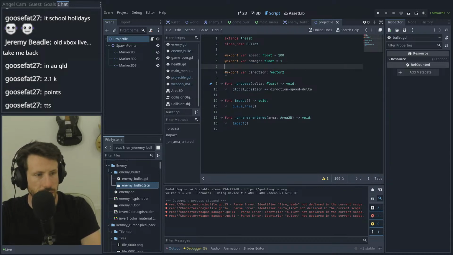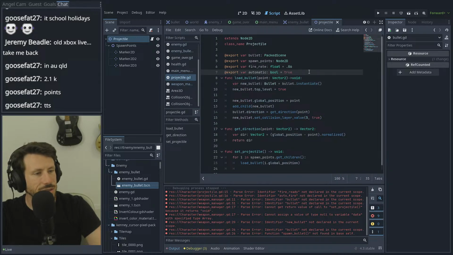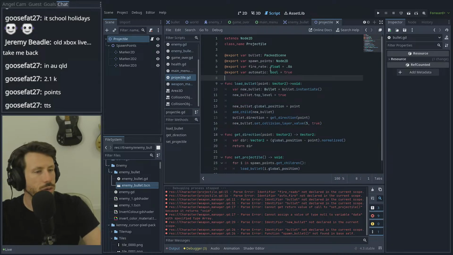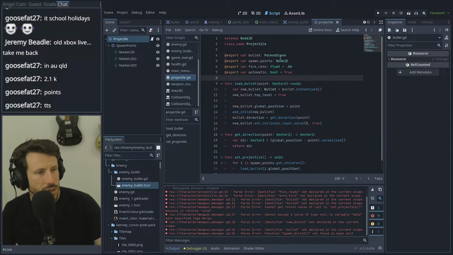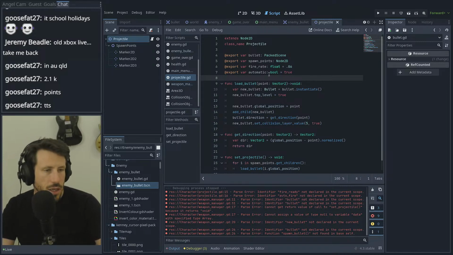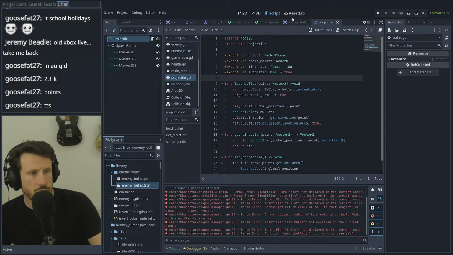The issue that we're going to have is the enemy bullets are going to be a bit of an issue, but that's okay. Let's go back to the projectile and add these in, the fire rate and the automatic fire, since that information can be just a part of the type of projectile that we're designing. So now that we've got that,